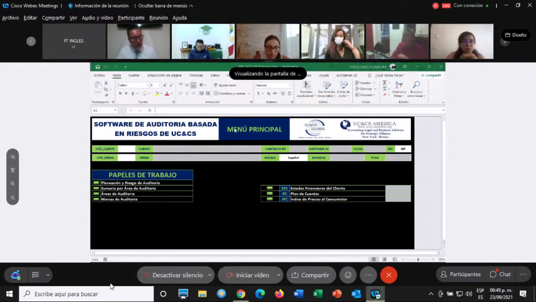This is the main menu. This is what we saw with Mr. Miguel Angel. This is the engine by which several modules are moved. There are 4 modules and work papers. One is about planning and audit risk, which is part of the manual of audit. Then we will see